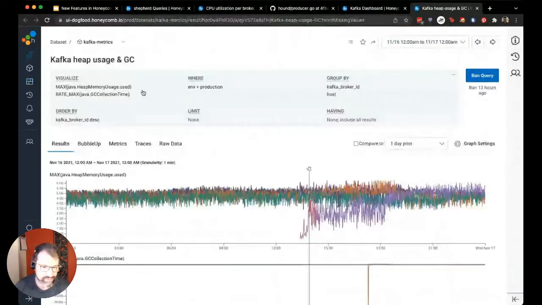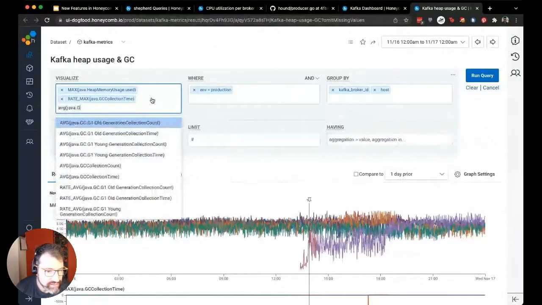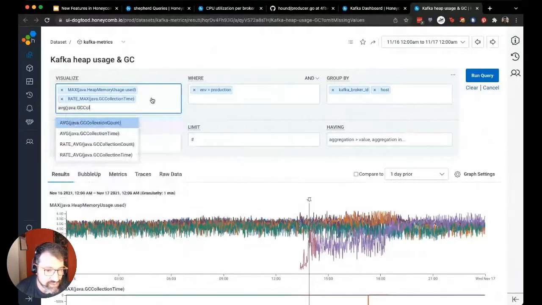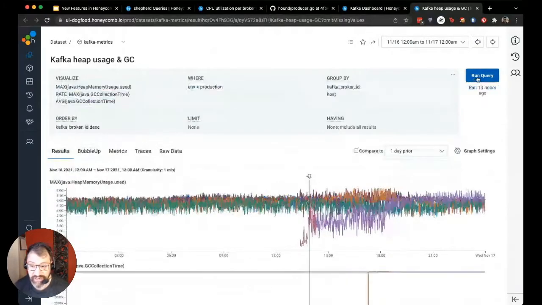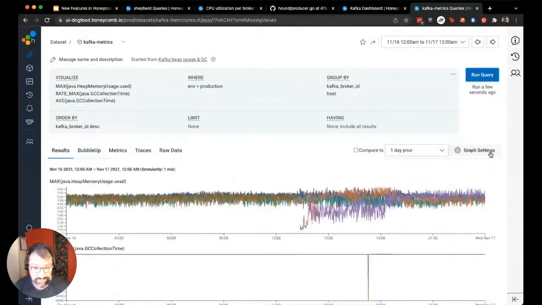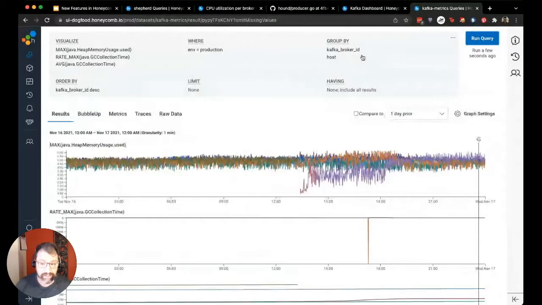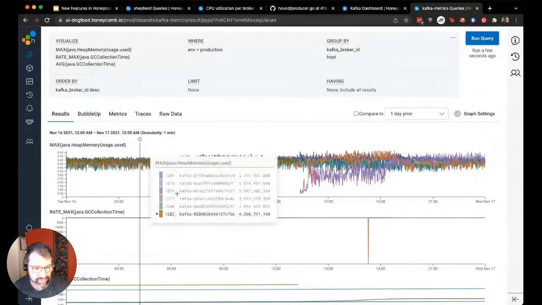There's one last chart that I'd like to look at, which is looking at memory use on the Kafka side. To do this, I'd like to start off by taking a look at a metric called GC collection time. That shows you how much time the garbage collector is running on these Kafka broker machines. So for each Kafka broker and for each machine, we are looking at the amount of time that's taken on